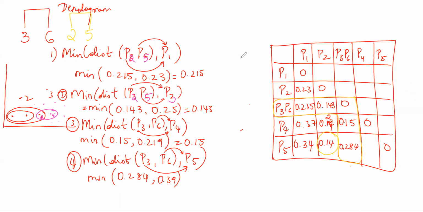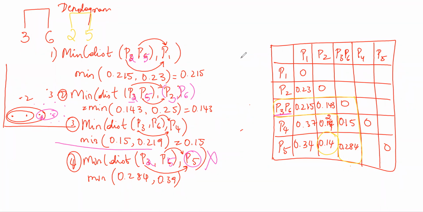P2 to P5. No, I cannot take 3 as well. I have to take the combination of it, because I've already clustered it, which I've already done over here, P3 to P6. So P1, P2 is here, so I will not take. P3 to P6 is here. And then P4 I will take. P5 I will omit because P5 is already there. If I take P2 and P5, P5 is there, so I'm not going to consider. So you'll have only 3 distance calculations to be done.